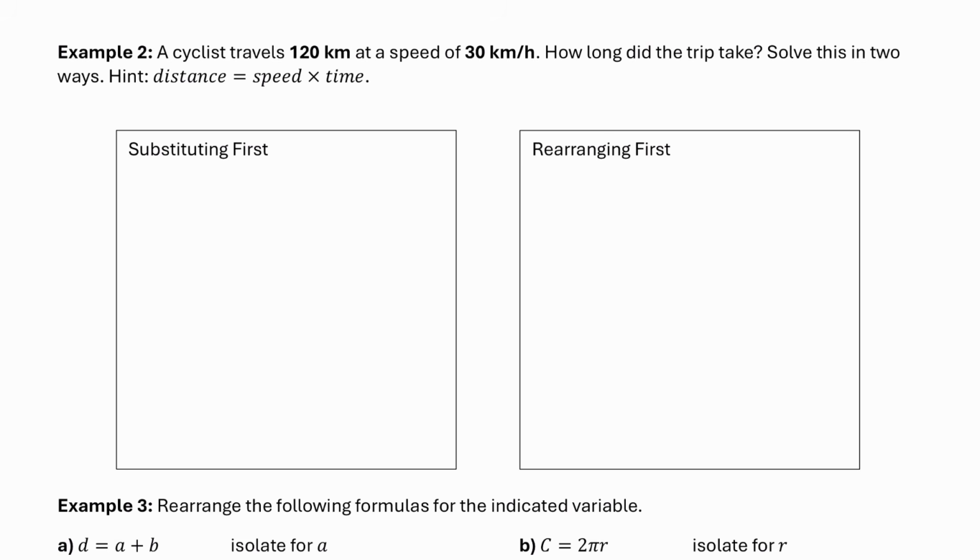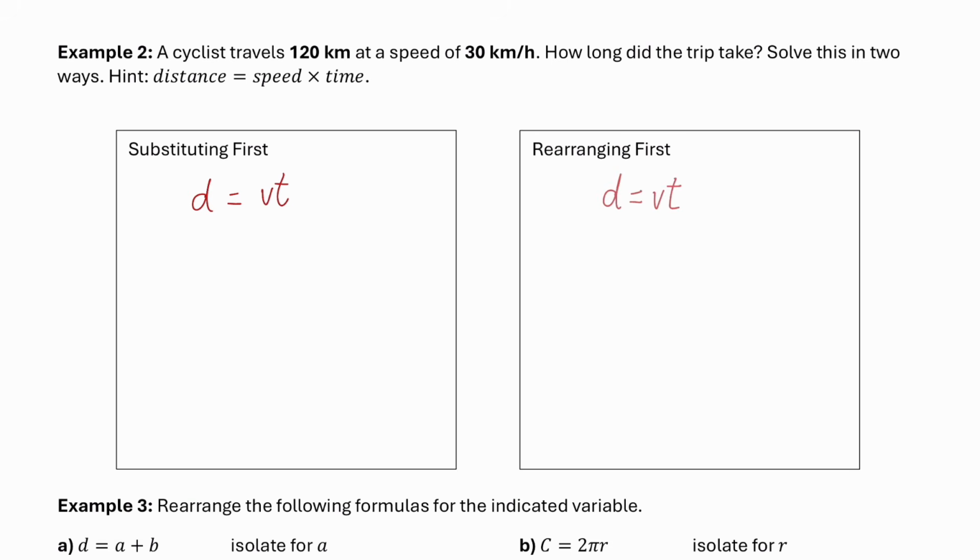Example 2 says a cyclist travels 120 kilometers at a speed of 30 kilometers an hour. How long did the trip take? And we'll solve this in 2 ways. So notice our variables are distance, speed, and our unknown is time, right? How long did it take? That's a time. Well, the relationship between distance, speed, and time is that distance is equal to speed times time. And how we could write that is d equals v times t, where d is distance, v is speed,